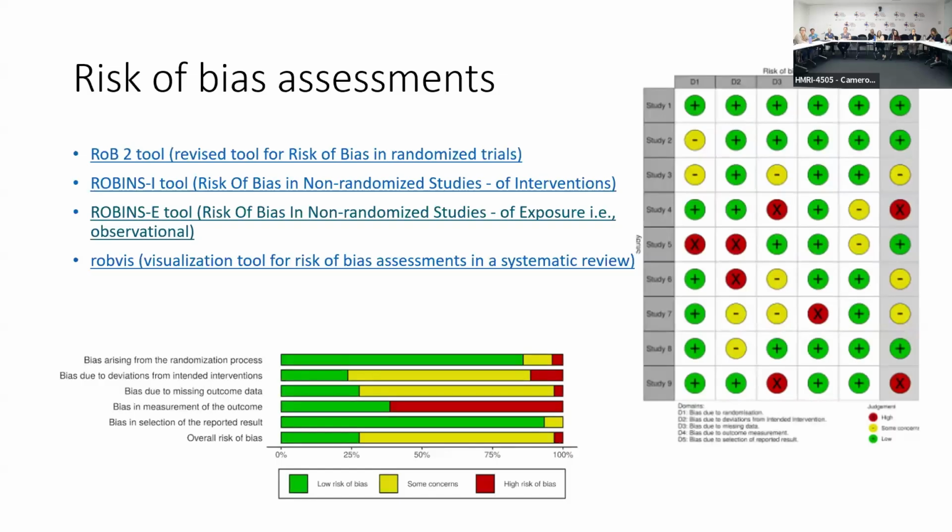Again, the loss to follow-up people: why didn't they come back? Is there a reason for that? Was the study too much for them? Was it making them sick? Who knows? Bias in the measurement of the outcome, so you measured the wrong outcome, that can happen. Bias in selection of the reported results: looking back at their original protocol, did they report something else? Why did they report something else? Are they trying to obscure something? And overall risk of bias, you get a little score of all of these. Green is low risk of bias, yellow is some bias, and red is high risk of bias. Usually people are yellow, I think, because there's always something.